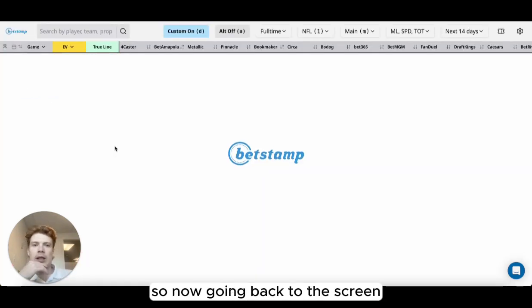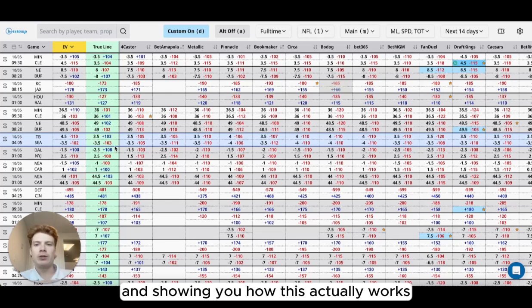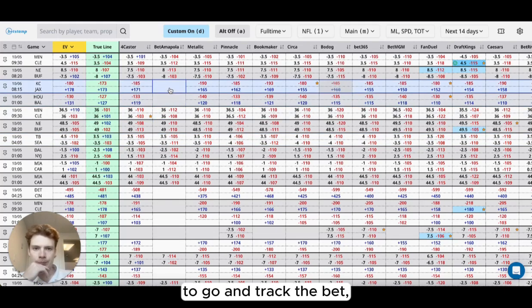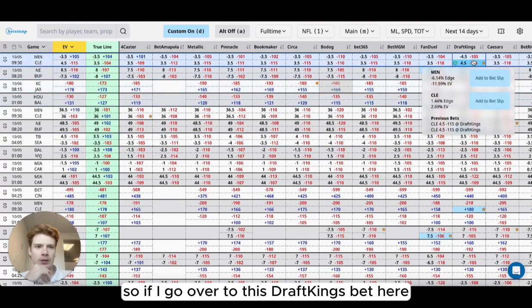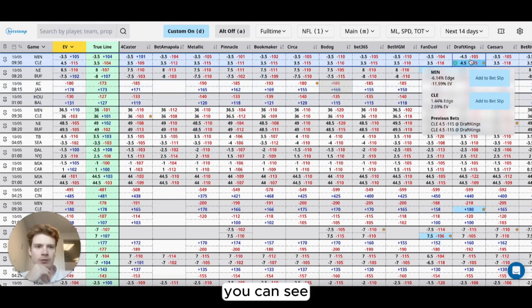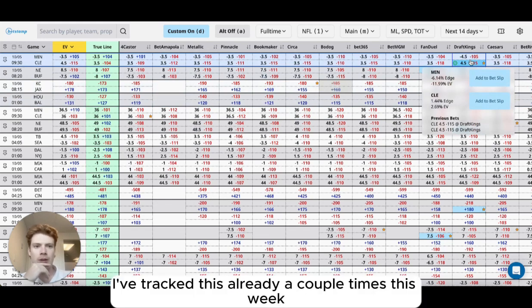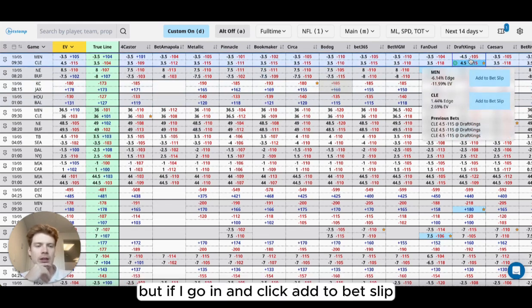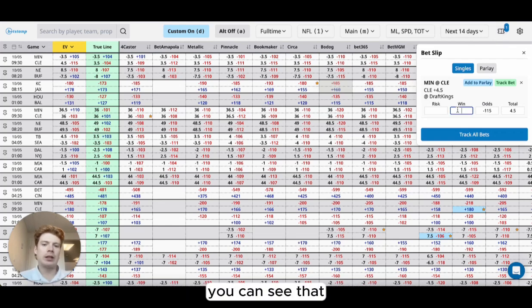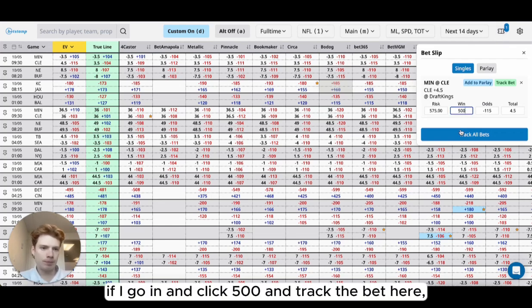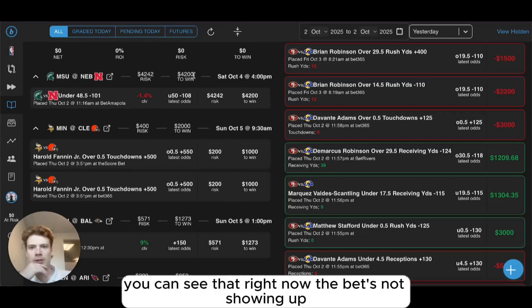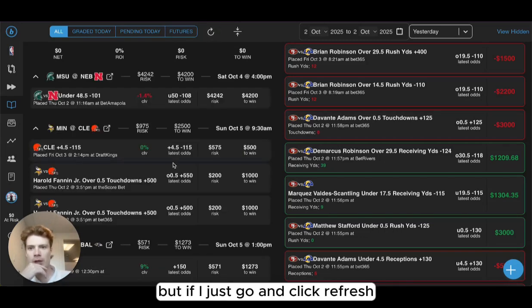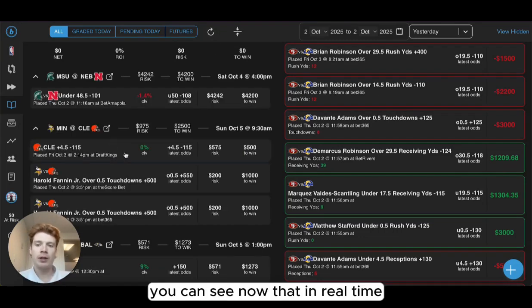So now going back to the screen and showing you how this actually works to go and track the bet. If I go over to this DraftKings bet here, you can see I've tracked this already a couple times this week, but if I go in and click add to bet slip, and click 500 and track the bet here, you can see that right now the bet's not showing up, but if I just go and click refresh, you can see now that in real time that bet was just